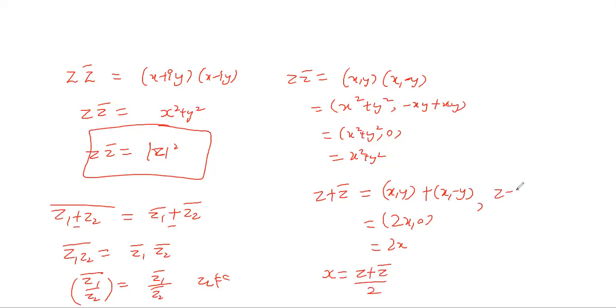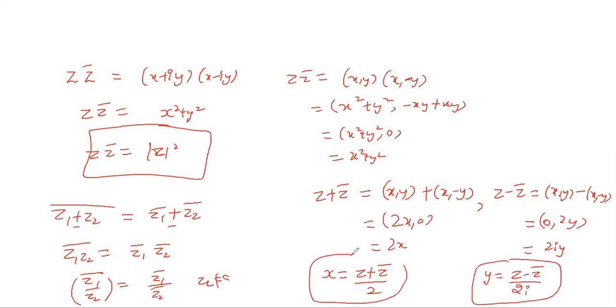And similarly, if you subtract these two numbers, you will get x minus x and y minus minus y. So it's a purely imaginary number. From here you can see it's an imaginary number. As a number, if you are going to write it, it is 2iy. Iota will come there. So y is z minus z bar by 2i. In a more simplified way, you can write the real part of z is z plus z bar by 2, and the imaginary part of z is z minus z bar by 2i, right?